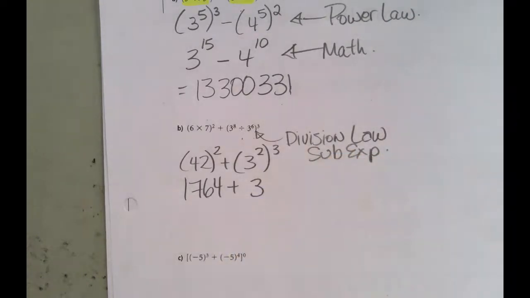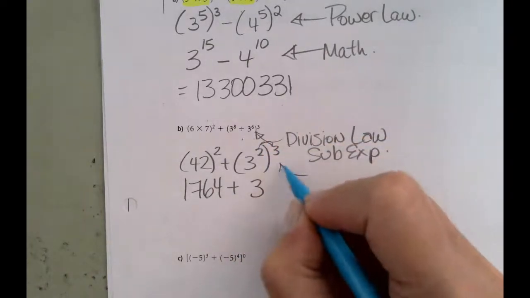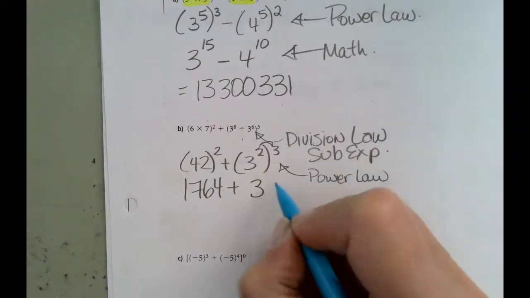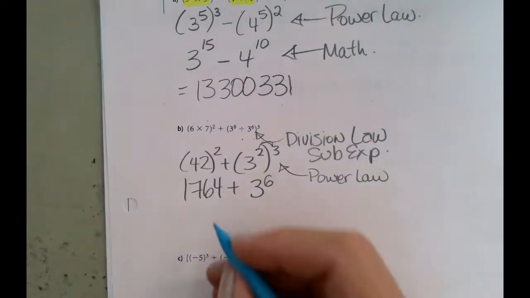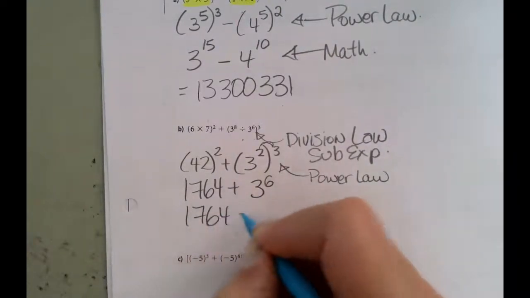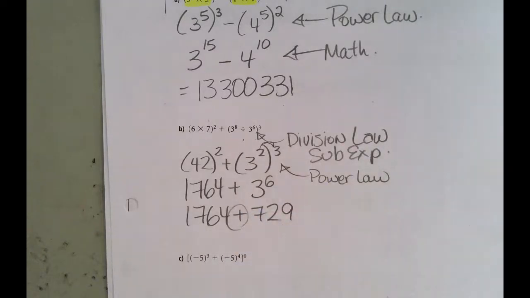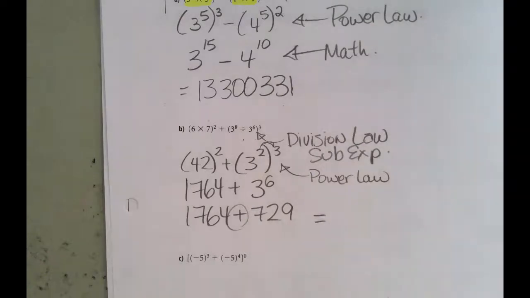What's this guy? Could I use the one more rule? One more law? What would I do with the exponents, Matthew? 2 times 3. Yeah, there's my power law again. And I get a 6. So then in my next step, I could calculate that. 1764 plus 729. And the reason I can do that now is because there's an adding symbol there. And I end up with